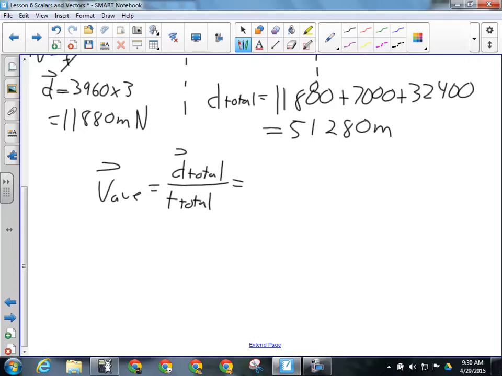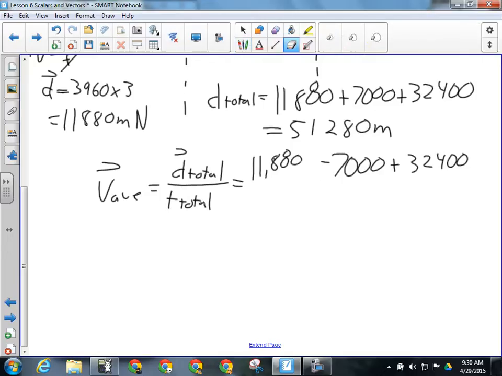All right. Now I'm going to add positive and negative values to my displacements. So I've got positive 11,880. I've got negative 7,000 because that was south. And I've got positive 32,400. That is so not where I put my marker. All right, so 11,880 plus negative 7,000, or you could just write minus 7,000, plus 32,400, and now I